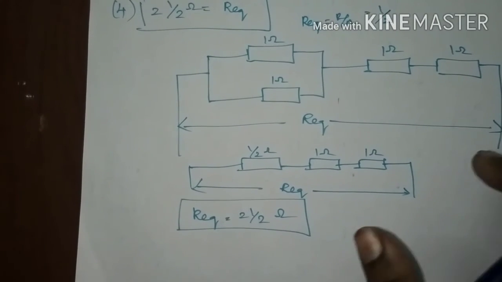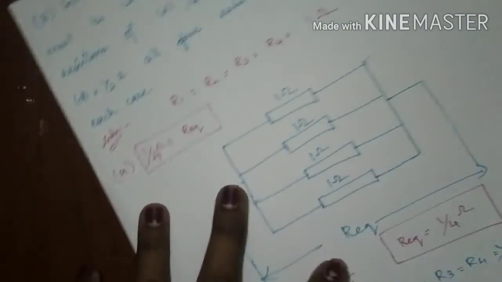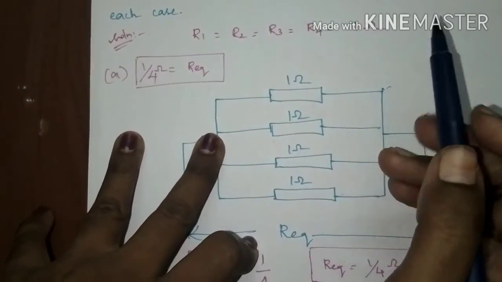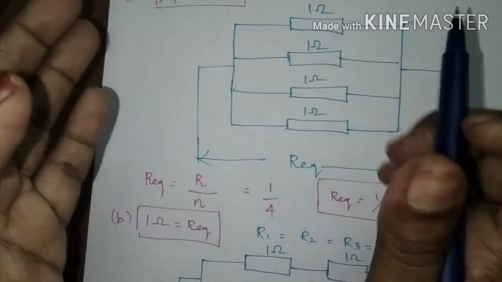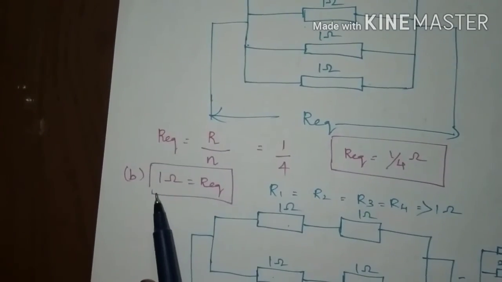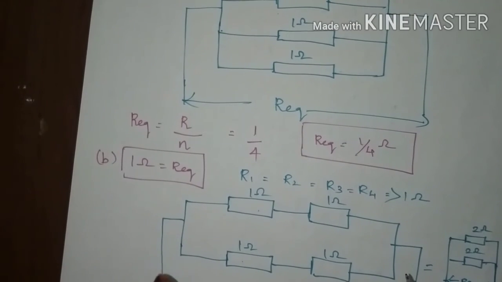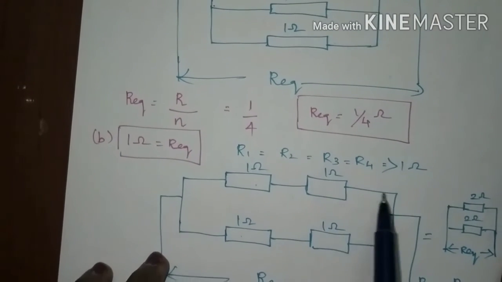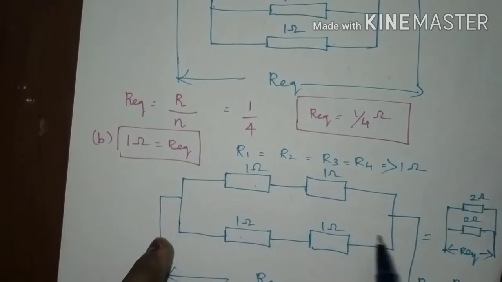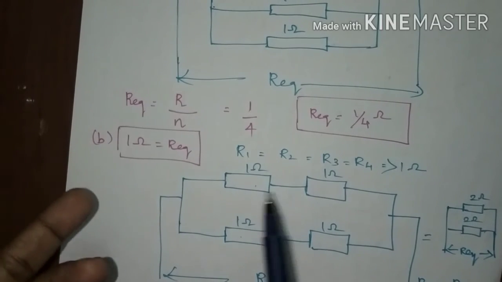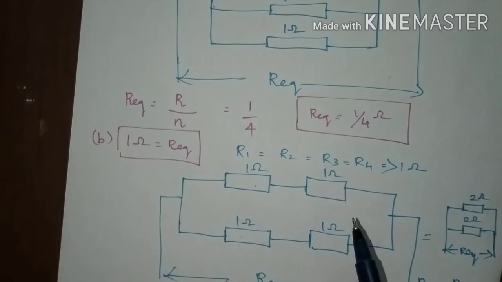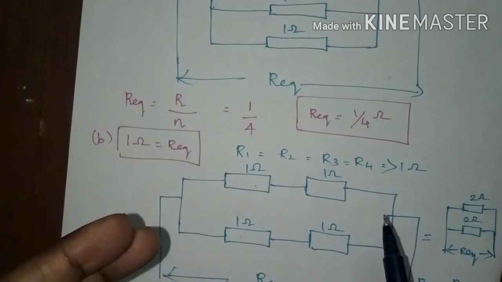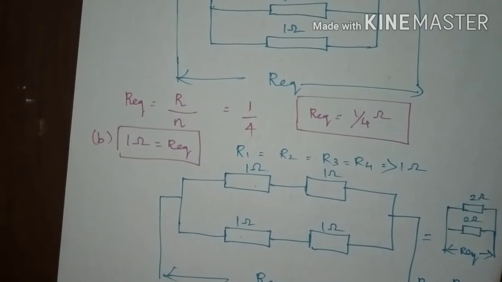So it is very easy. If you have any fraction value, if you have the resistance of identical, choose a parallel network. If you are not having a fractional value of resistance, choose a series network, but we have 4 resistance here. If you connect these 4 resistance in series, we will get 4 ohms, and if you connect 2 resistance in series, we will get 2 ohms. To cancel out, we have to do a fraction. For fraction, parallel network is best.